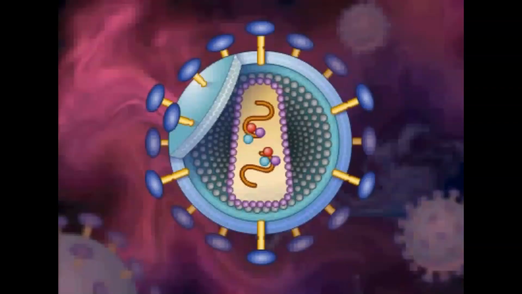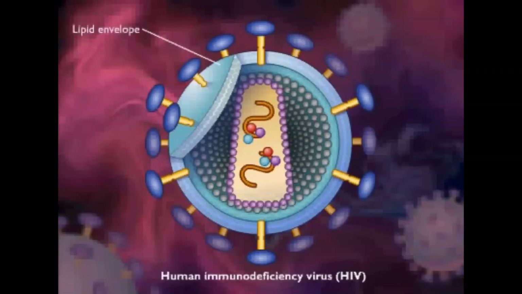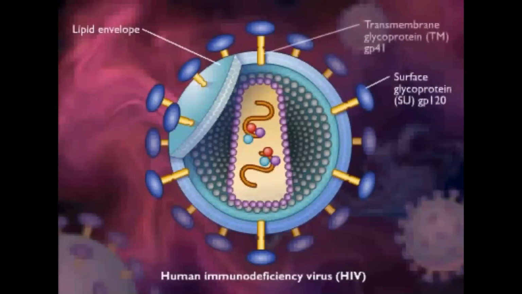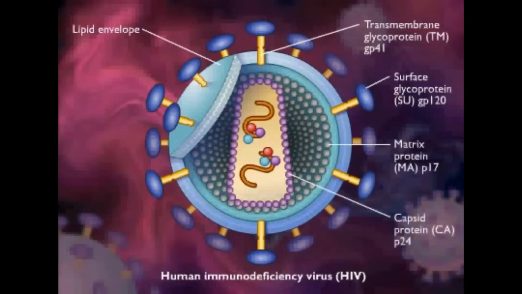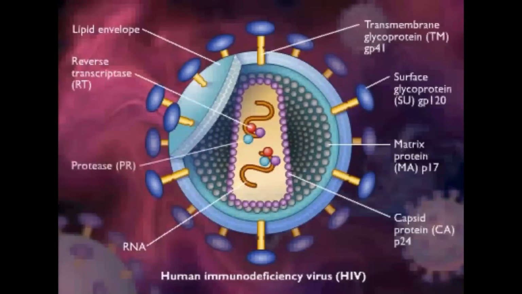AIDS is caused by the human immunodeficiency virus, HIV. This is an enveloped virus. The envelope is derived from the host cell membrane with viral glycoproteins such as GP120 and GP41 inserted into the membrane as the virus leaves the cell. The core is composed of P24 capsid protein, and the P17 matrix protein helps maintain viral structure. Inside the core are two identical copies of single-stranded RNA viral genome and three enzymes, reverse transcriptase, RT, protease, PR,